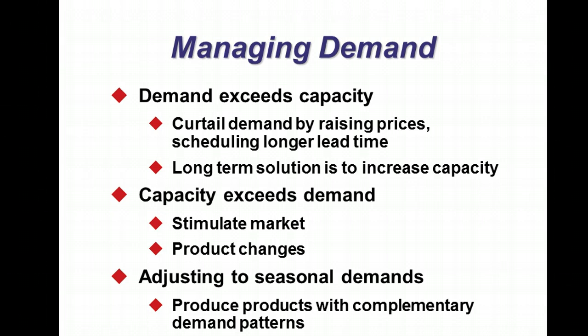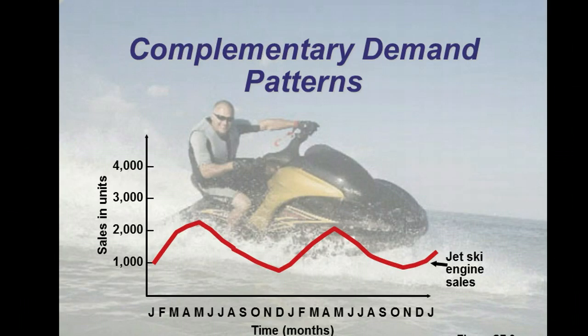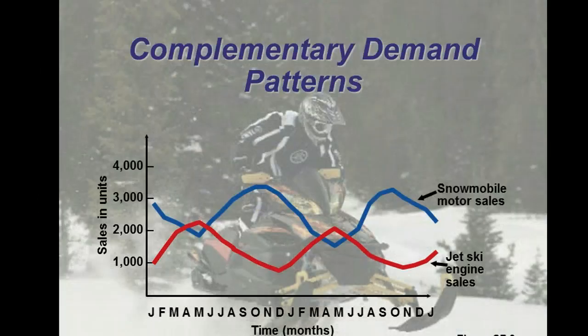So anyway, there's ways to do that. Again, there's their pattern. If you could work that out, that's great. But I think there's a lot more snow machines being sold than jet skis. I've had a bunch of jet skis, and they're kind of fun at first, but then they're kind of boring unless you're on the ocean or something. It's just like, okay, what are we going to do? Around in circles. Anyway, again, that's what they're showing, that those two will balance out. Those curves will kind of go together.